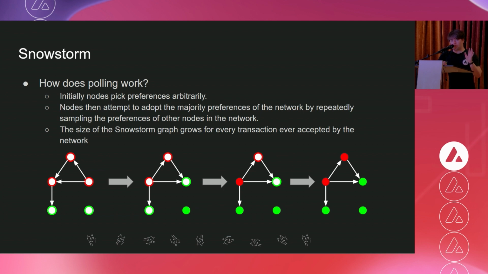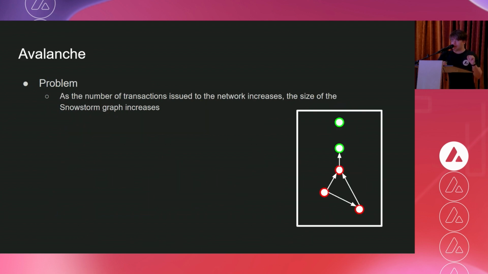The core problem with this is that this is pretty much a very theoretical consensus mechanism, because if I have to, every single time I'm polled, give you the entire set of transactions that I have ever accepted, the bandwidth usage is going to be linear in the total size of the blockchain per poll, which is not great. Not great at all. Anyways, so the problem here is exactly that. How do we reduce the bandwidth